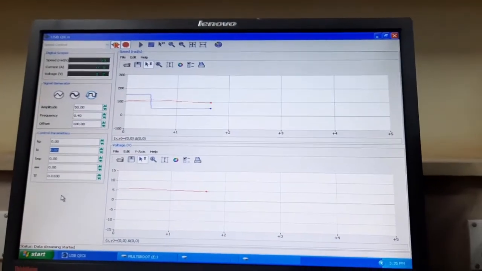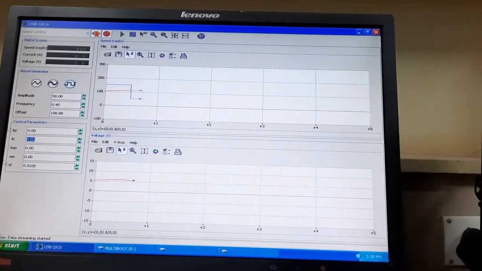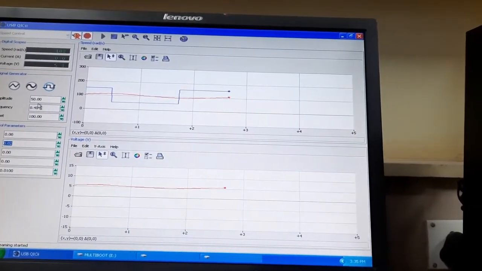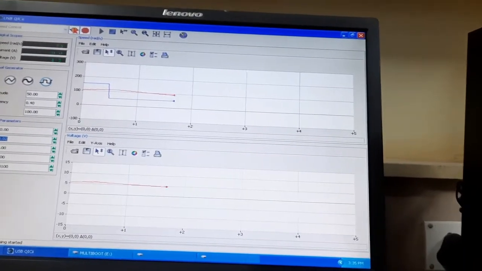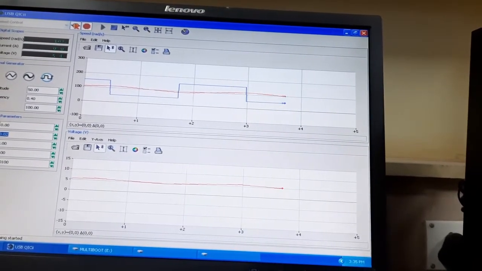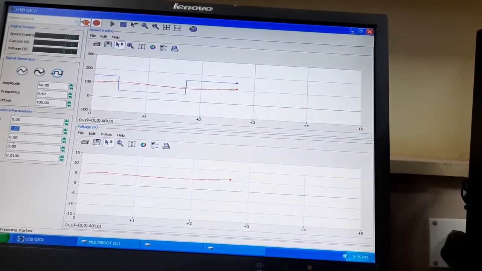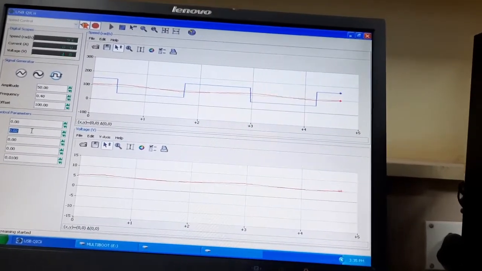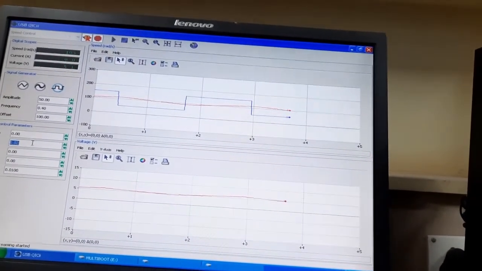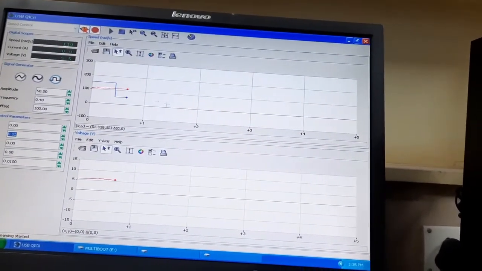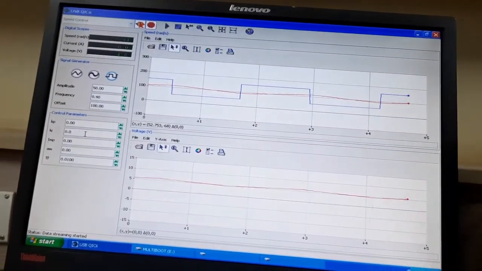Now we will do our integral control method. For that, the amplitude will be 50, frequency 0.4, offset 100, and Kp should be 0 and the initial Ki value is 0.02. We have to increase this Ki value to track this blue line. Okay, let's start.